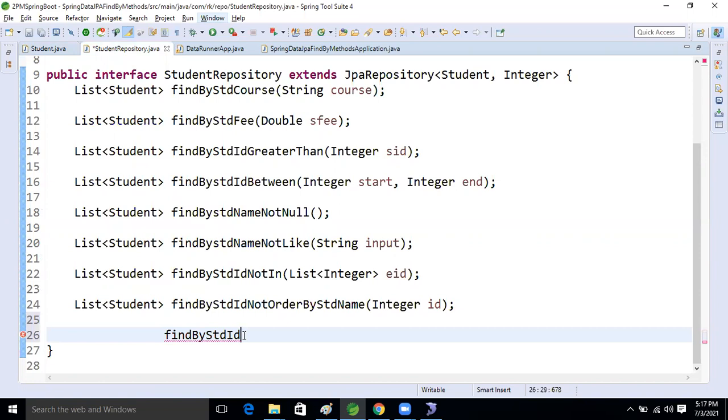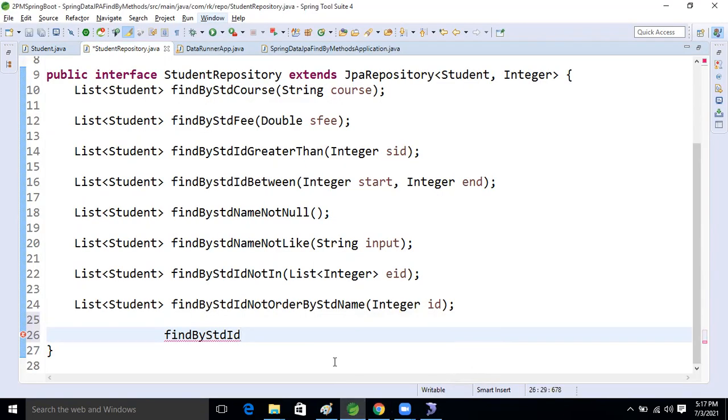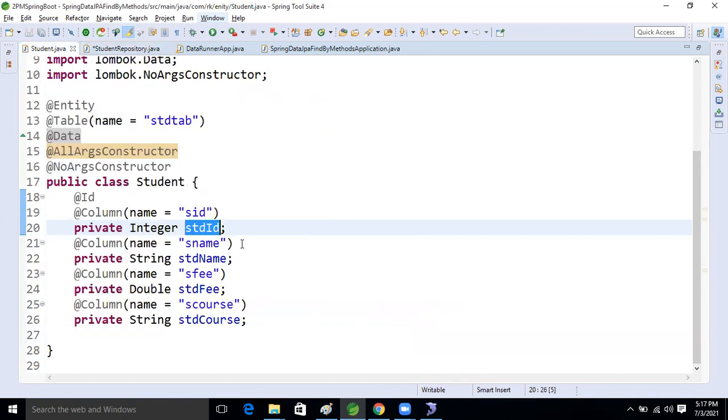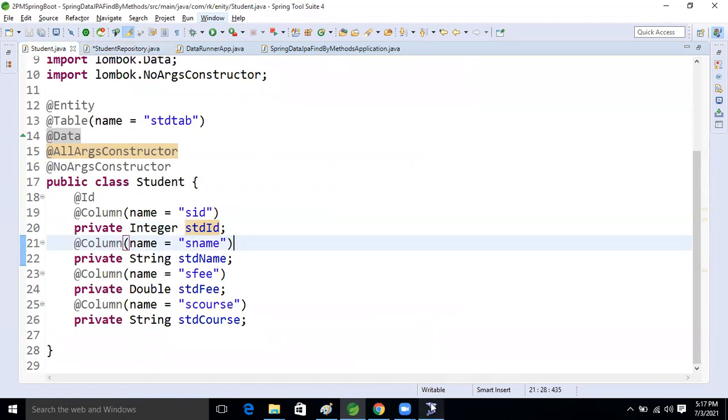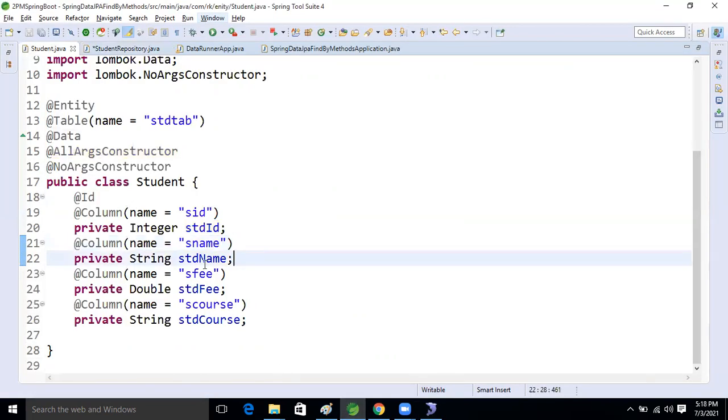So another one is the OR condition. We are going to perform the OR condition, right? So what is the operator? OR only. Another one was based on the name only, right? We need to perform on name also. See our query: first this condition, after that the OR condition we are taking, and then this operation we are going to perform. So what will we take now? This variable now.